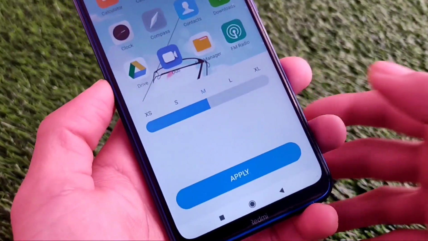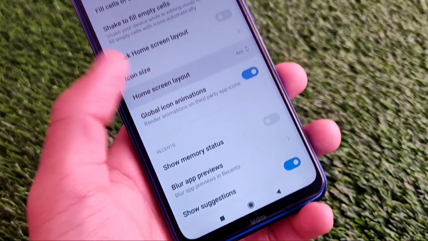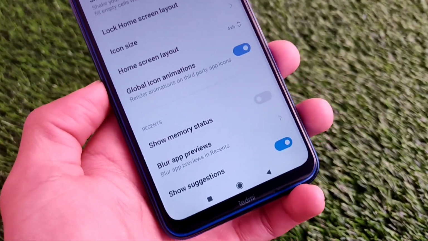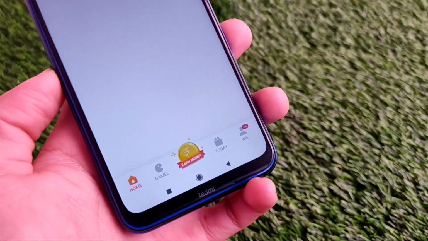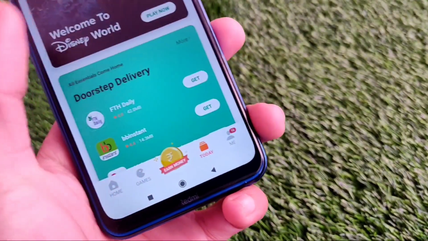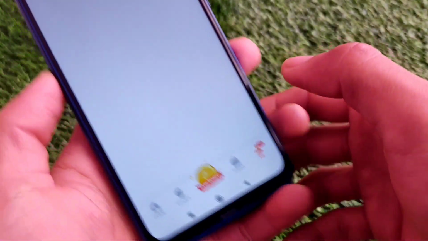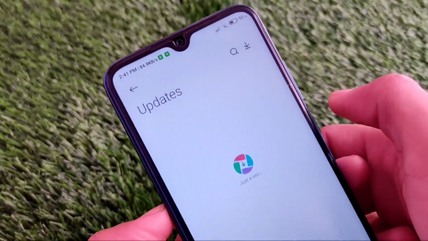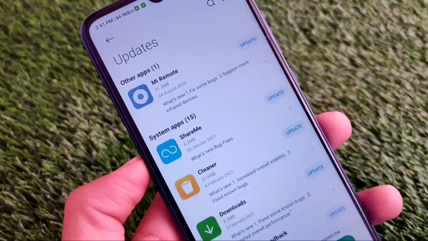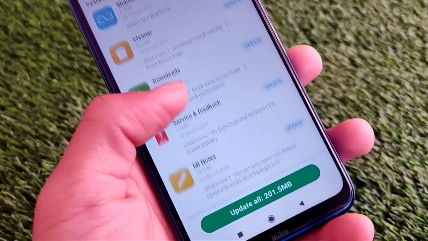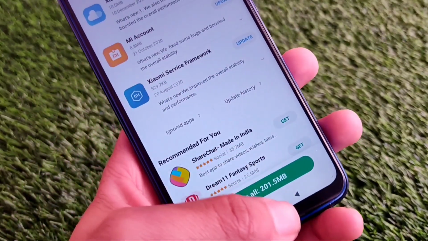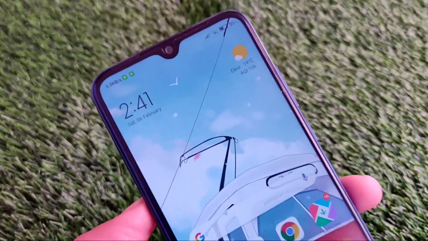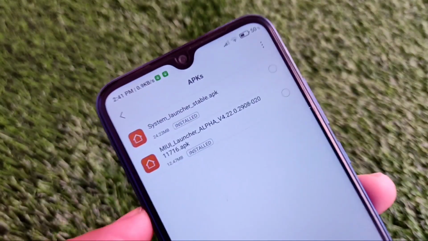I will put a link in the description for both of the APK files which you require to download, and maybe one file will work for you, maybe both of the files need to be installed. It's up to you, but I will provide both links in the description. If I go to the get apps option and go to me option here, I didn't get this system launcher update in the get apps section. Some of the guys already got this update, but in my case I didn't get it. I tried checking in the get apps and other things, but I didn't get this update. Maybe I don't know why. So that's it. I'll provide the link for those APK files in the description.